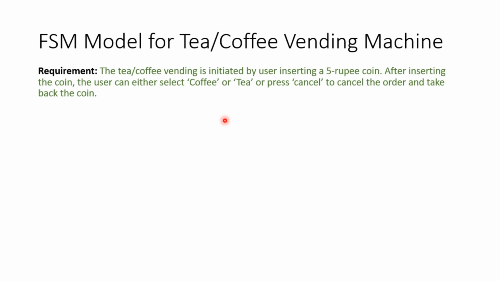Then dispensing tea can be considered as the third state, and another state, because tea and coffee are separate, they are different entities, so we should have separate states for them. Otherwise, if you press tea, you are going to get a coffee, and if you press coffee, you are going to get tea. There are chances. So we have to separate them, right? There is a separate process. So the next state can be dispensing the tea, and one more state I should have for dispensing coffee.